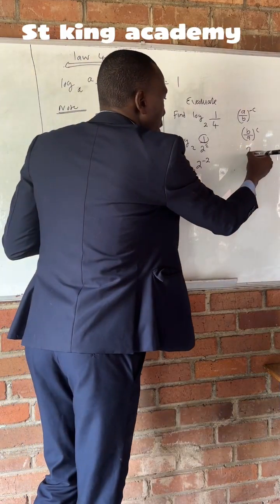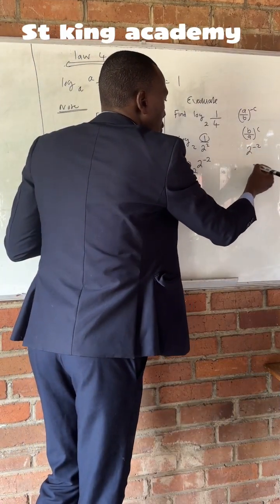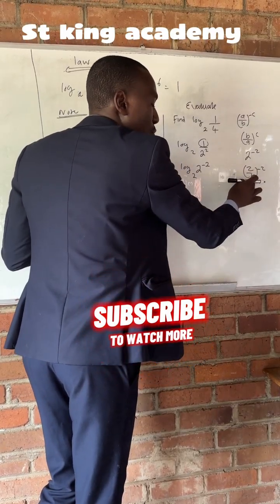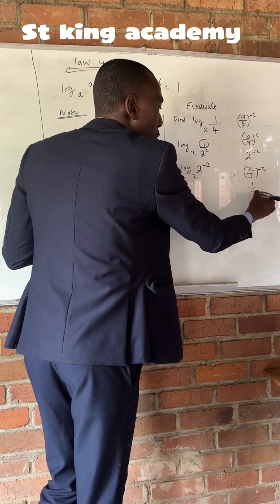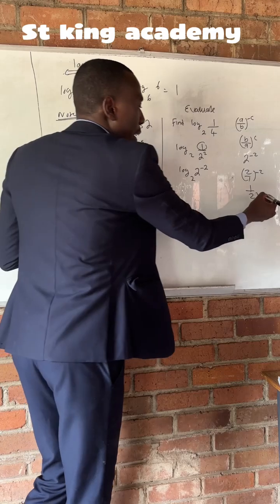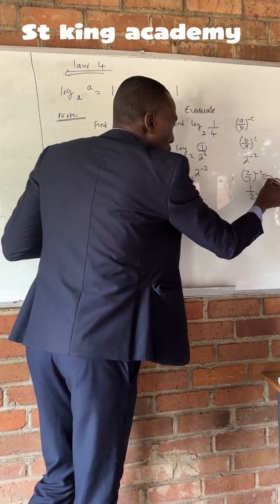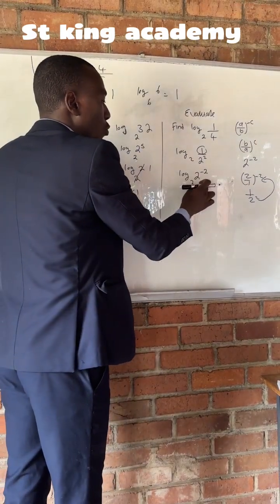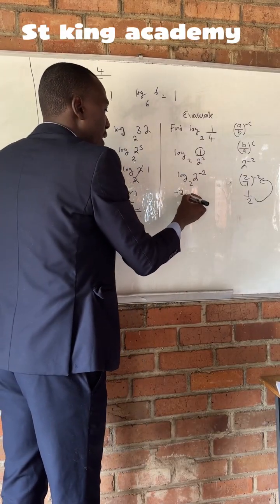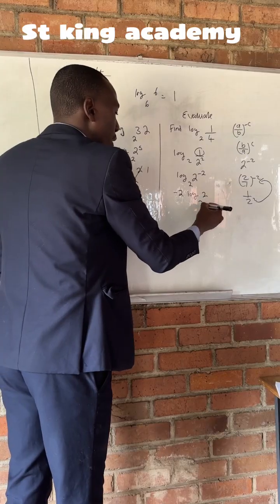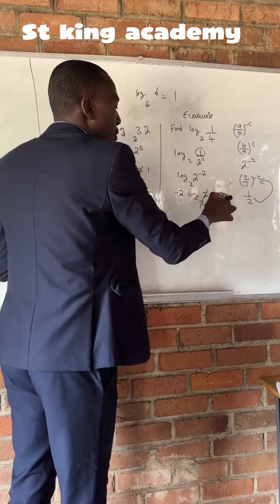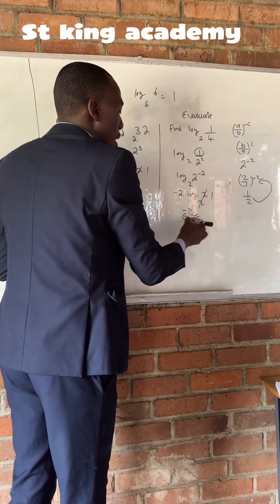For example, 2 raised to the power of minus 2 is the same as 2 over 1 raised to the power of minus 2. To get rid of this negative power, we say 1 over 2 raised to the power of 2. So it's now log 2 raised to the power of minus 2 base 2. Power to this side, negative 2 log 2 base 2. A log has the same base, so they cancel, we get 1, so we get minus